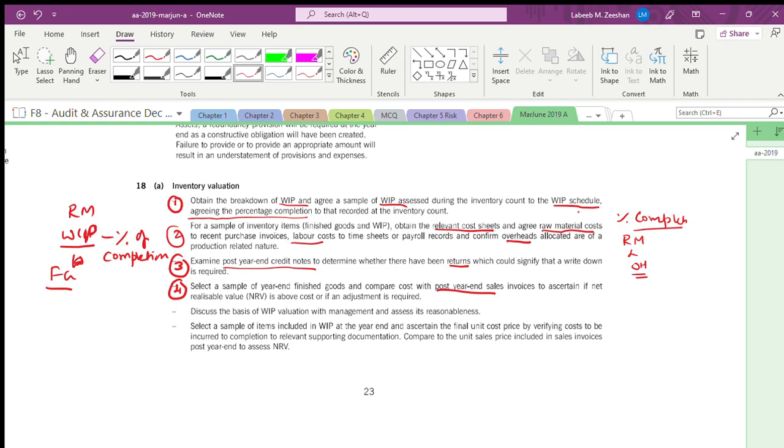Is that finished goods what? Finished goods will be the cost. You are talking in terms of sales. Is it nothing but sales minus cost of goods sold? Is it right? Then will come across if